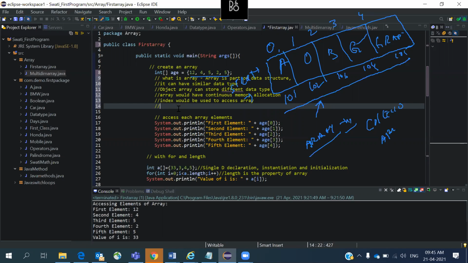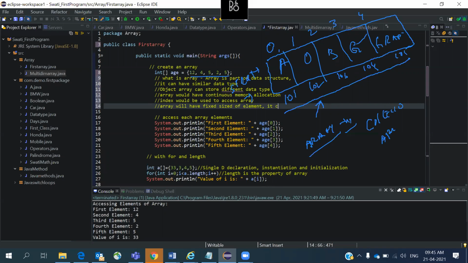Array size will not increase. So arrays will have a fixed size of elements, and they will not grow dynamically at runtime. This is the most important thing which we need to understand.